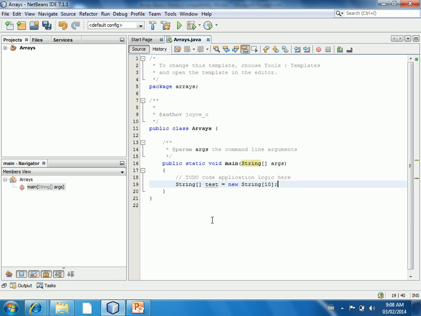So far, this looks just the same. And we've asked for 10 strings. But what I had sort of said to you was you won't find anything in there because all it's done is put an address for those strings. It hasn't actually done anything with them. So for example, if I go through this loop,